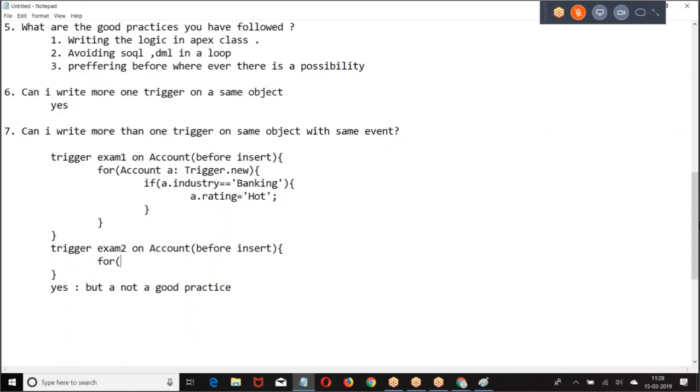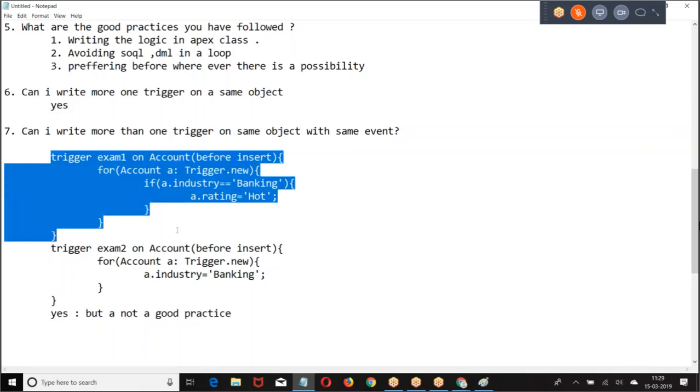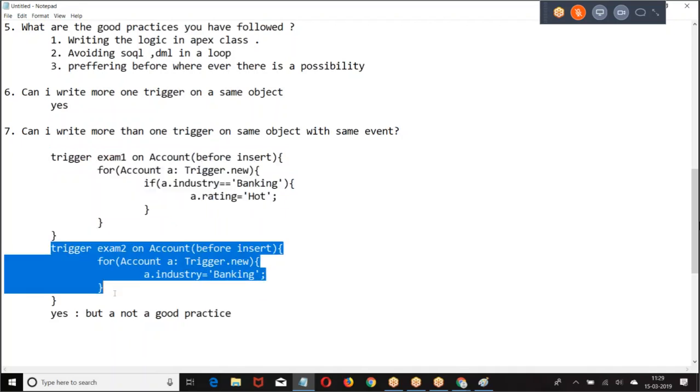Here I took one more. Now, if this logic is running first, industry is not banking, rating will not come. Suppose if this trigger is running first, industry equal to banking, here every record will get rating equal to hot. So order has an impact, right? But can you guarantee which is going to run first? We are not going to guarantee which is going to run first.